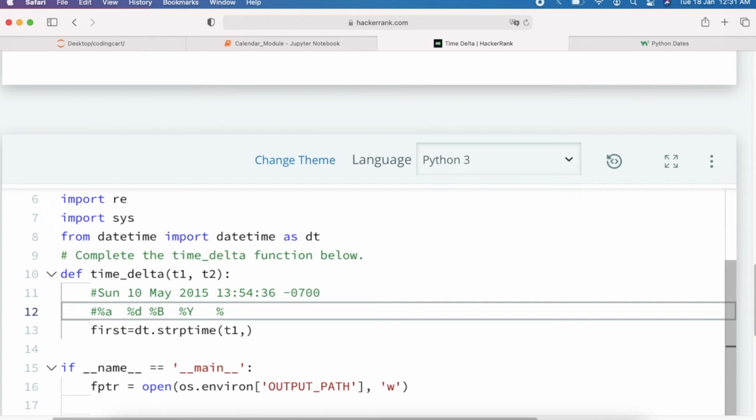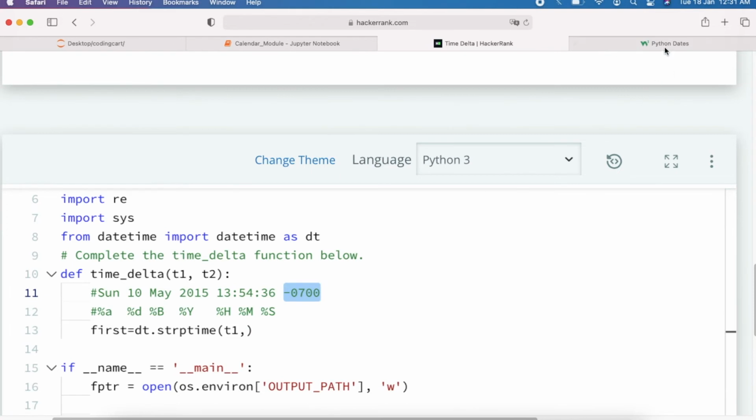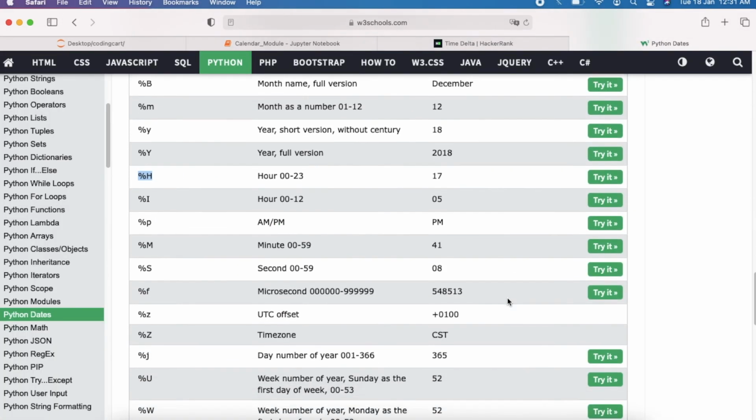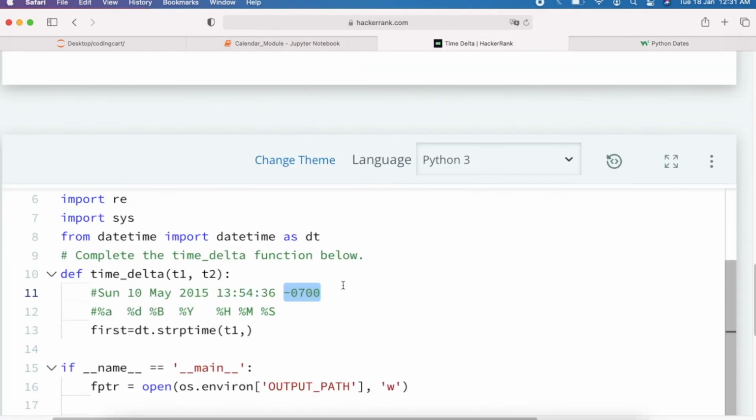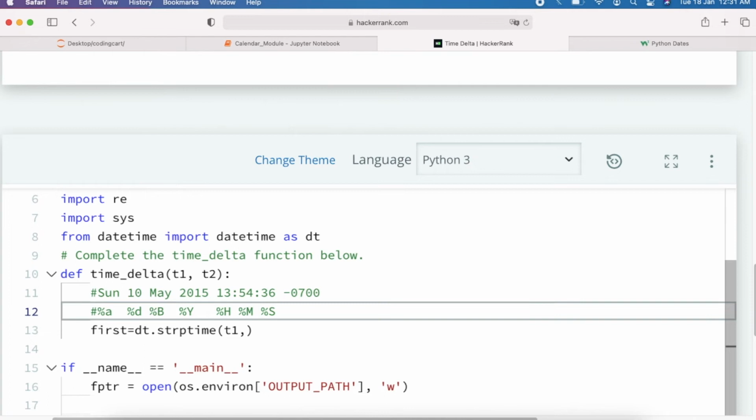For minute we will be using capital %M, and for second %S. And the last one, you can see here we have UTC, this format, which is %z. So for this one we will be using %z.